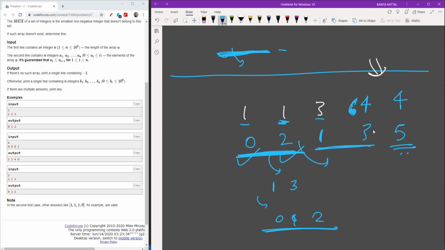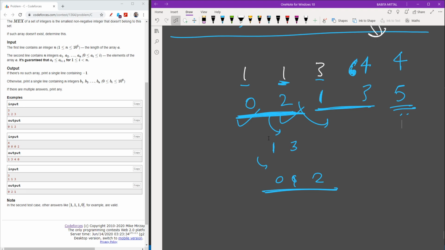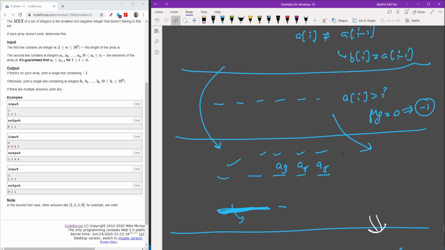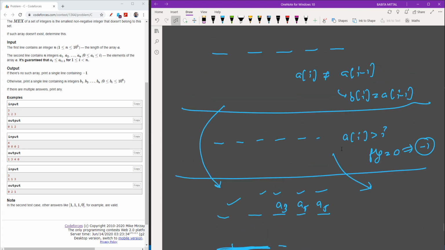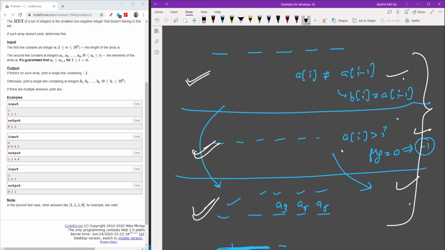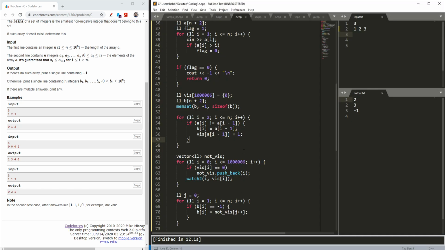So I hope that you guys got the intuition and everything for this problem. I thought that I would be able to prove at every step why this happens, and I hope that I was able to prove every step. If by any chance any step is missed out, then I recommend you watch every video. Please make sure that you put all these 3 steps which I showed you. I proved why I took this, why I took this, and why I took this, and with the help of these 3 steps I will find my solution. So let me quickly see the code.